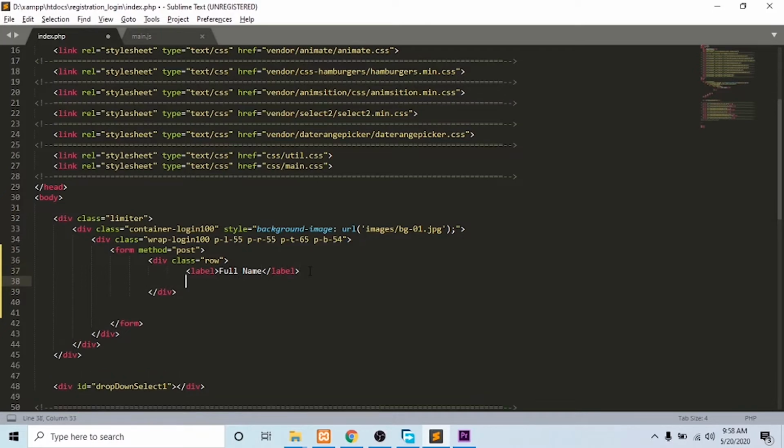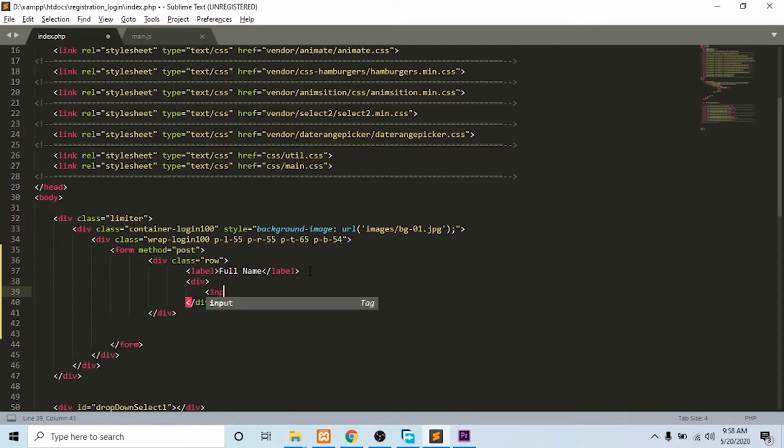and I'm going to create the div. Inside the div, I'm going to take the text box, input type text, id equal to full name, name full name, placeholder full name,